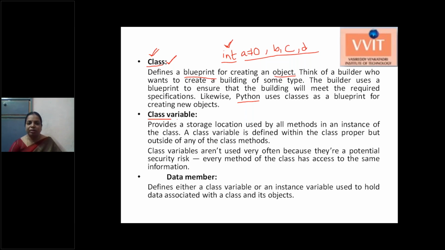Then we will see what is meant by a class variable. Class is a data type, we know that. Now we'll see what a class variable is. A class variable is the variable which is created within the class. This is different from the normal data member in the class; especially in Python, we have a difference between the class variable and the data member. A class variable is a single variable that will be shared by all the objects of the class.